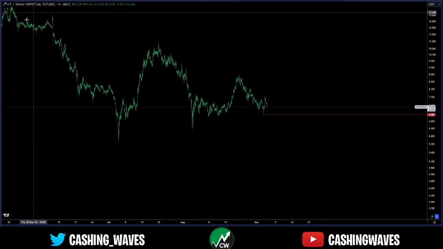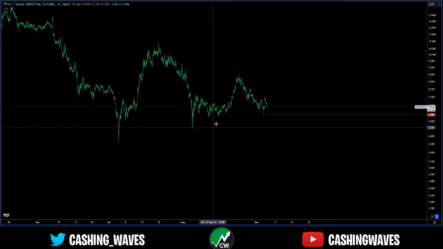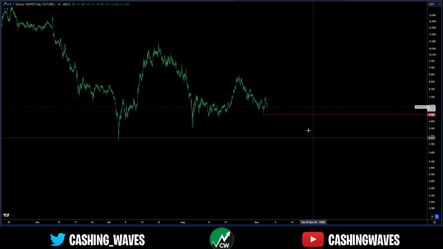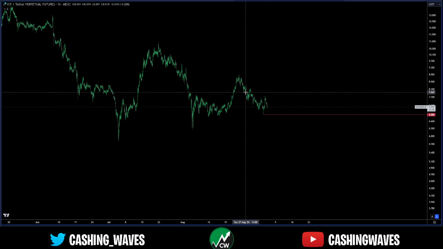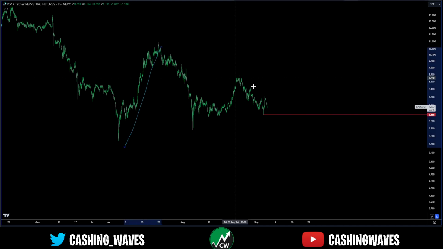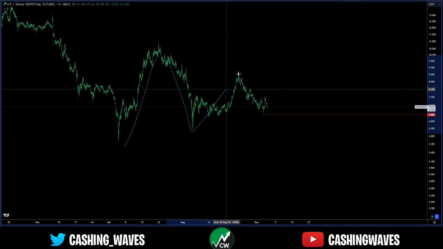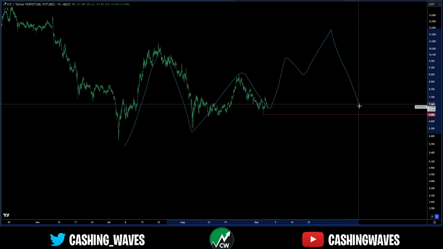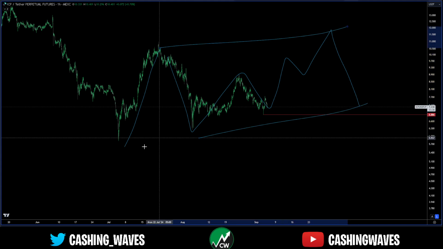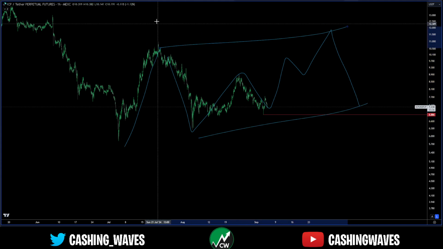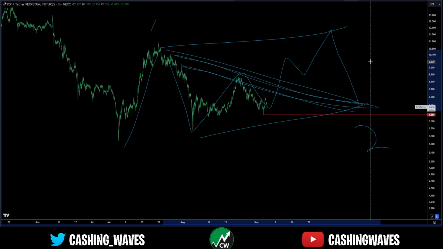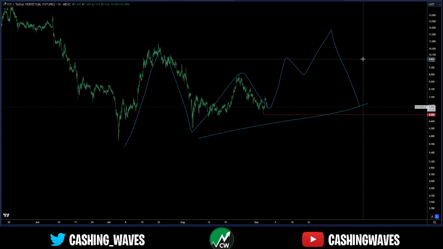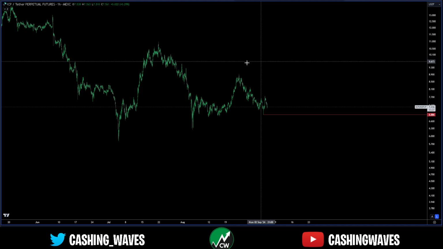So in that scenario, again, this is maybe C, D, E, but that invalidates as soon as we drop below this level, right? So that is pretty much the main bullish scenario. The other one, honestly, is this is some sort of very long B wave, come back for a C, something like this. But if that's a wave 2 and this is a wave 1, very low probability to get that long of a wave 2. We'd expect the bulls to come in before then.